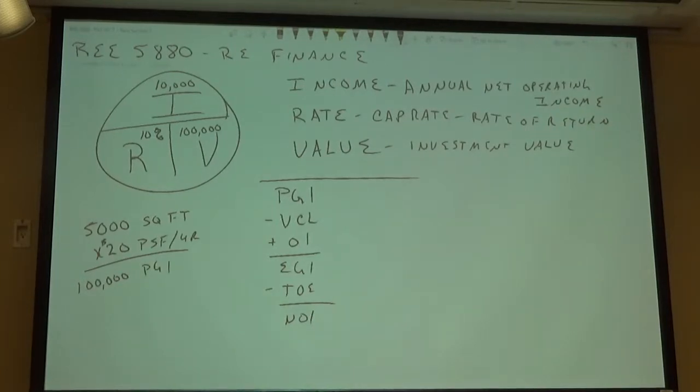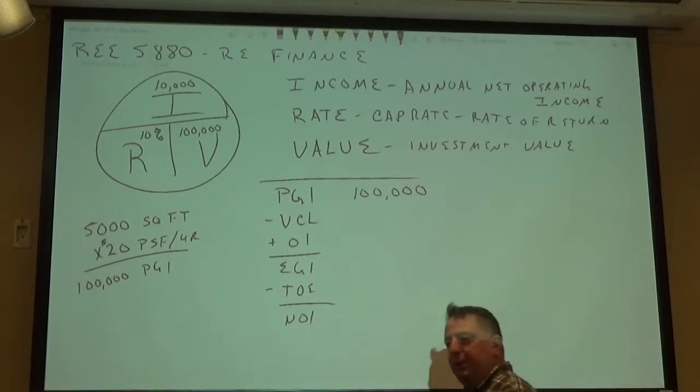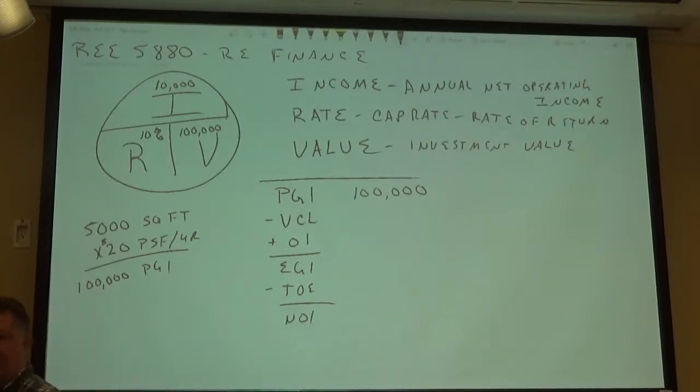Does that make sense, everybody? Now, this number is not related to what I drew up on the ERV model, so don't try to draw a connection there. Okay, so 100,000 is going to be your annual potential gross income off of this property. Does that make sense? Yes? Yes. Okay. Now,